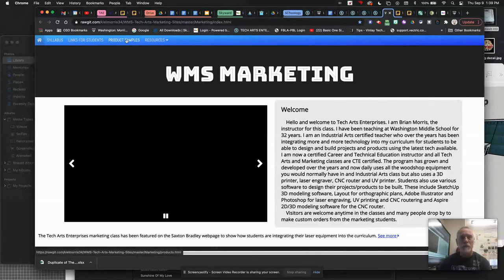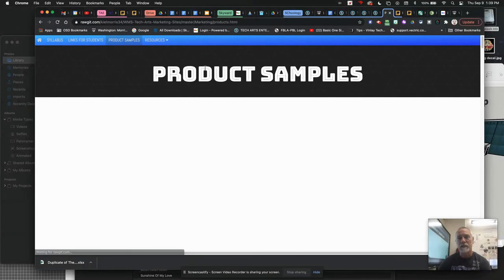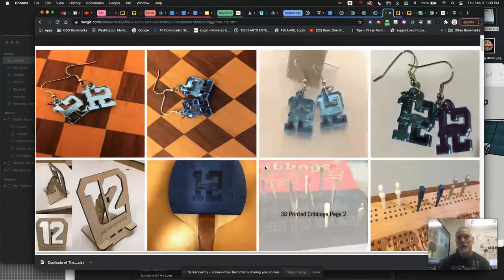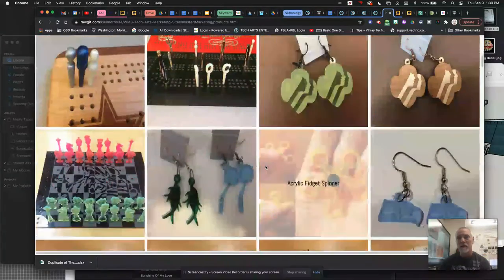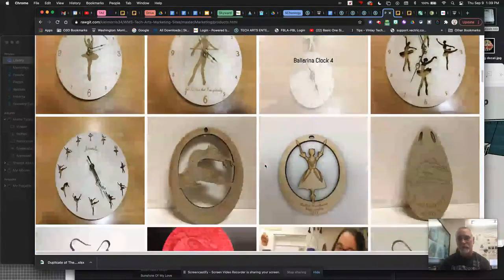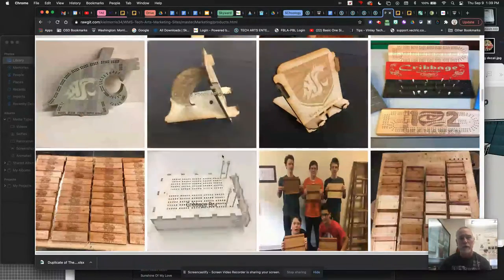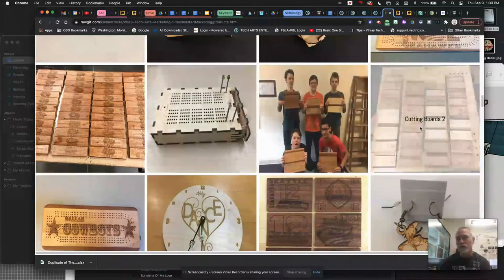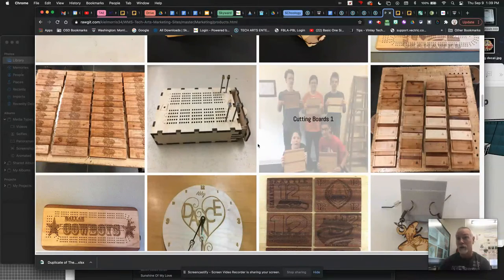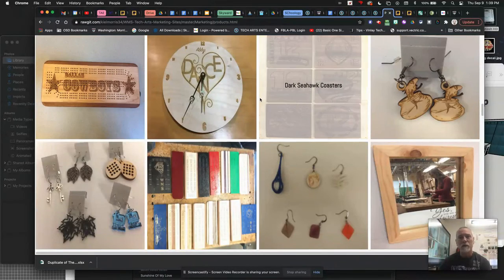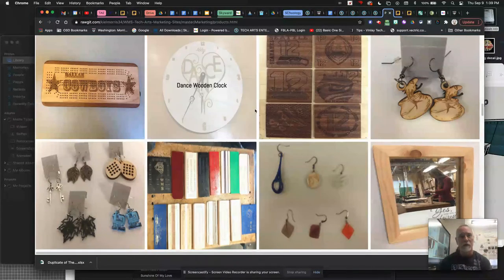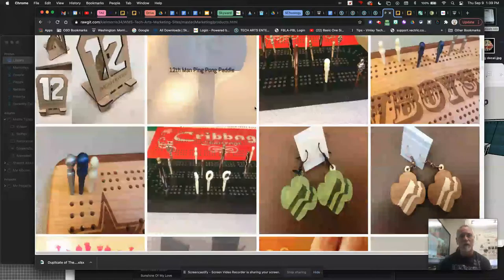You can go through the samples up here and see different product lines that students have made for selling their products in the class. Just different designs for different people. There's a student holding up her product right there. Okay, awards for the district, products for other middle schools we've done. So you can look through that and see what we've done in the past.